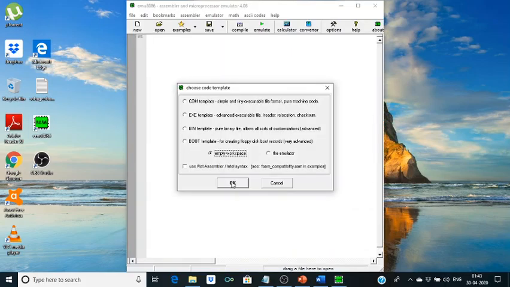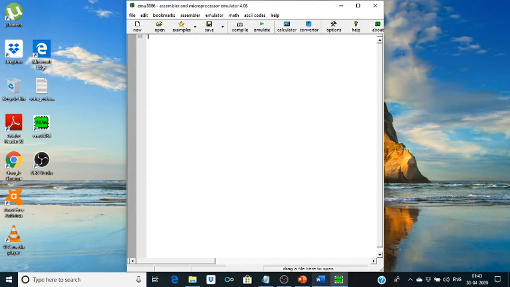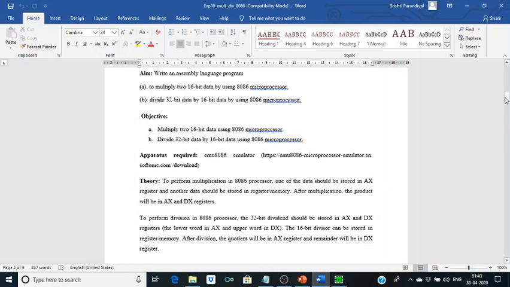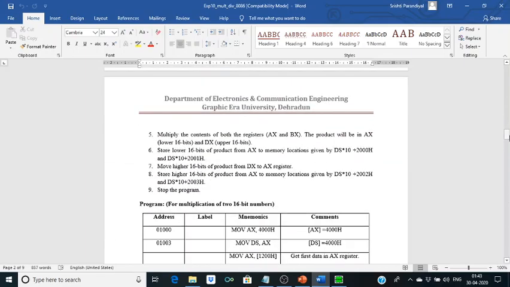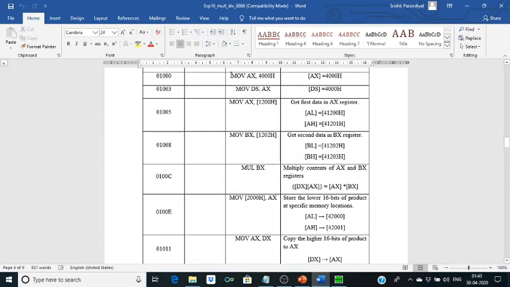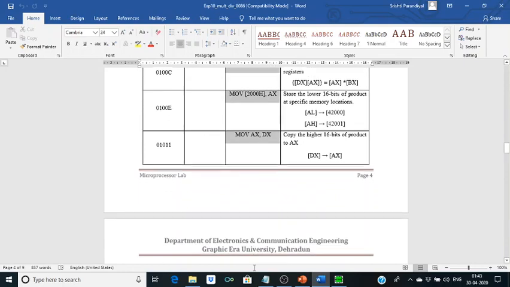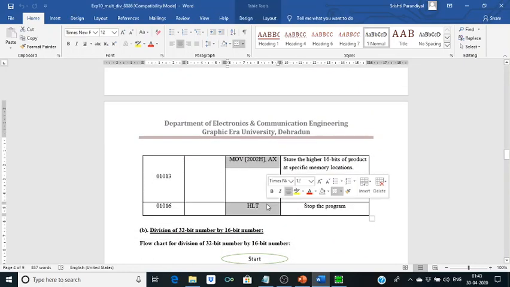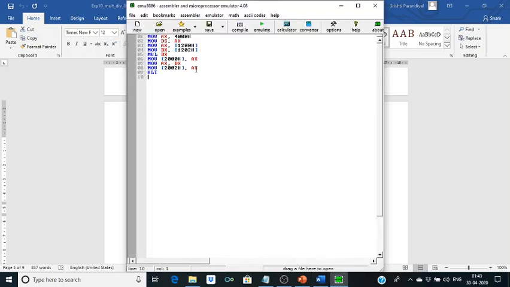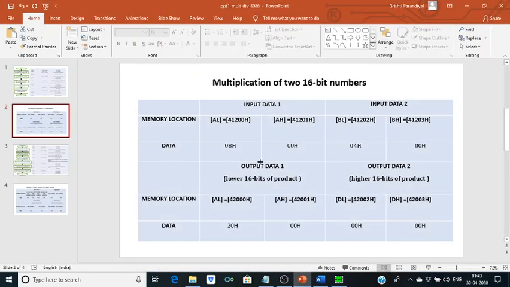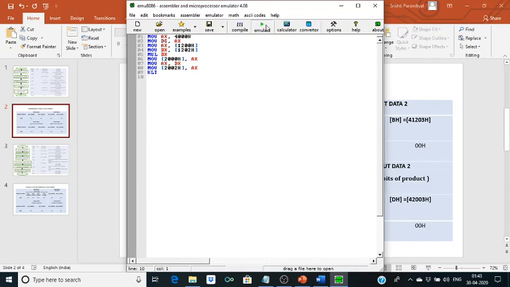We will make a new empty workspace, and from here we will copy our code. So we have this 08 and 04, and we should get 0020. So we will emulate it.